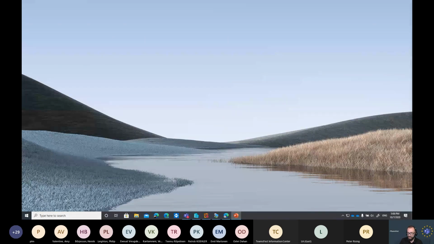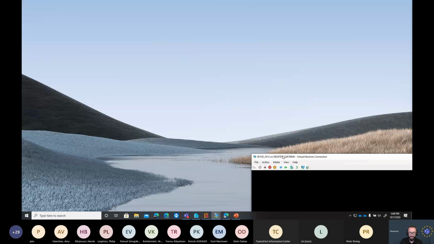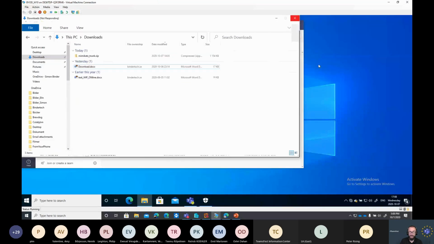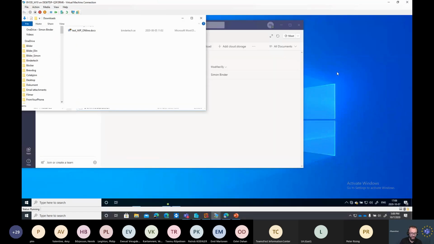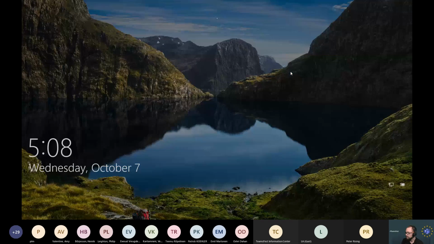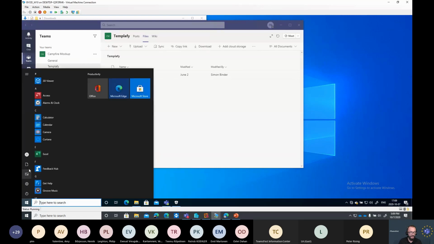So we will start off with a Windows machine. There we go. And I will show you one thing before we get going here. Peter, please let me know if you see anyone in the chat who has trouble seeing. Did I lose my sharing now? No.